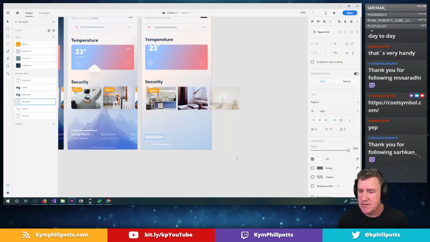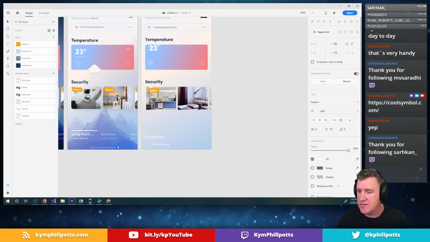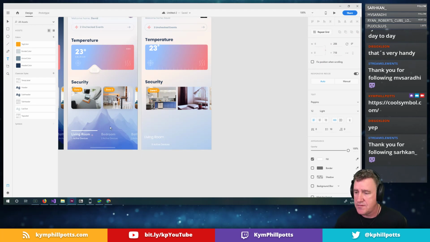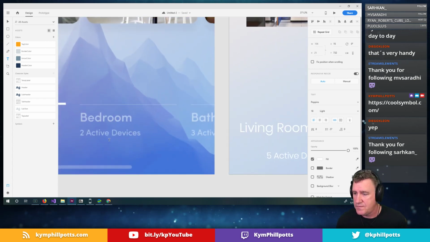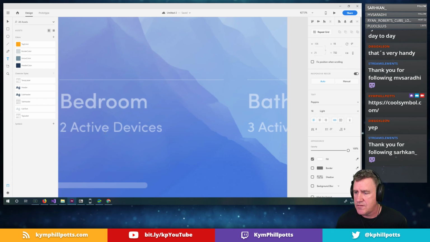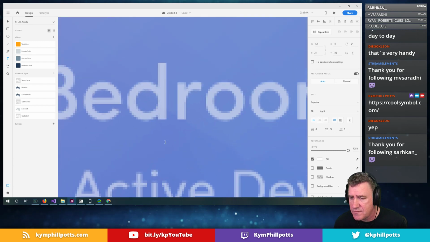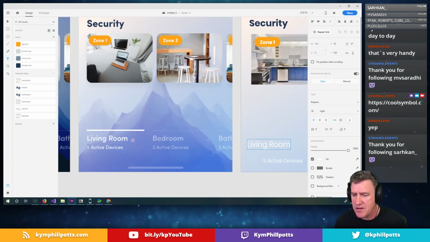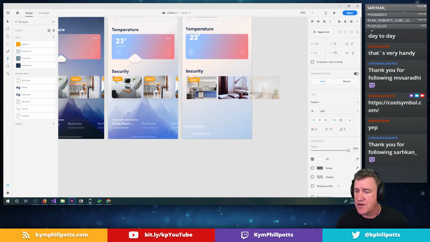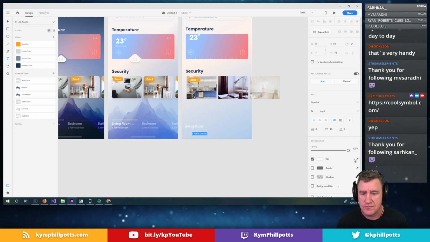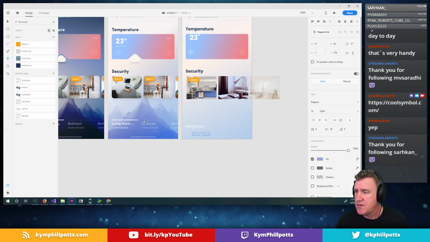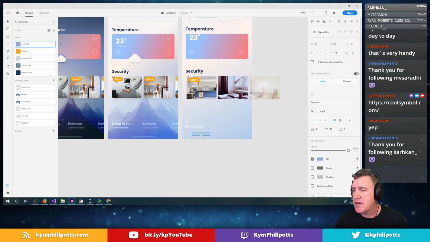Let's have a look at the design here. Trying to work out whether that is slightly transparent. No, I don't think so. All right, so let's just get that color then. Go for this bar, and then we'll add that color into our color assets, and we'll call that